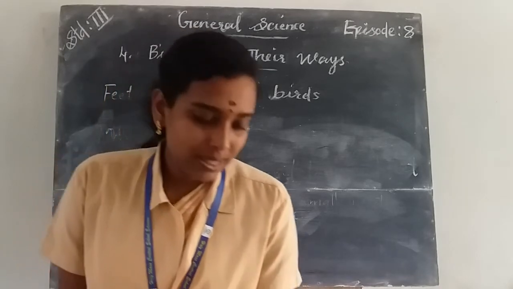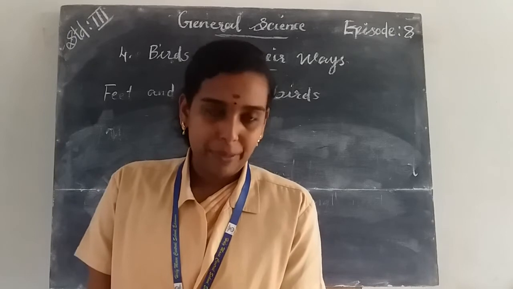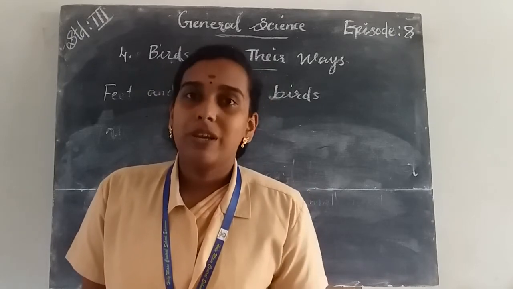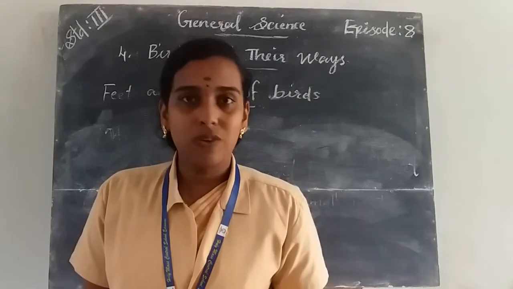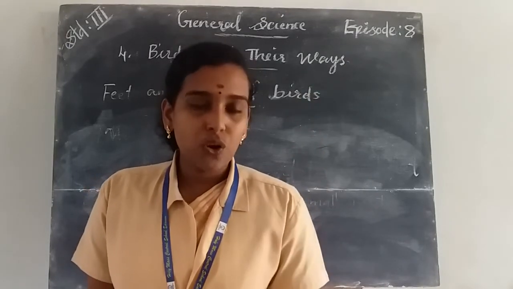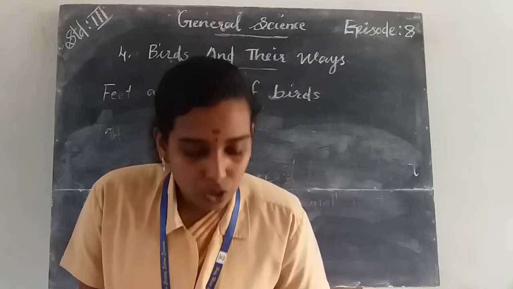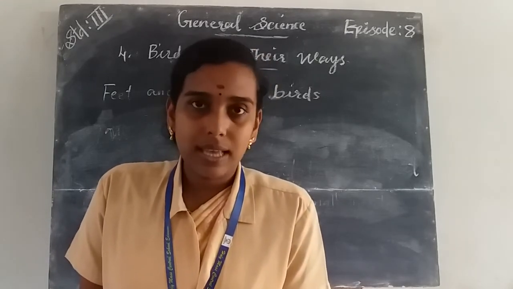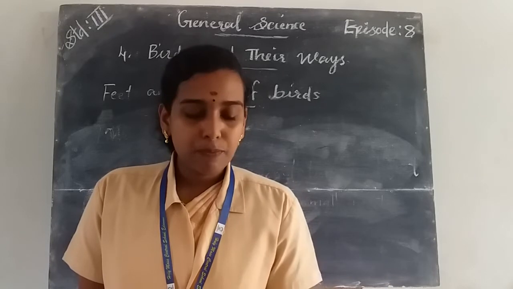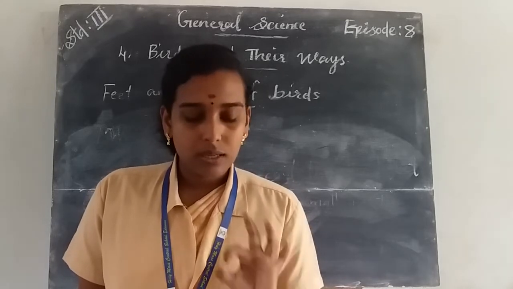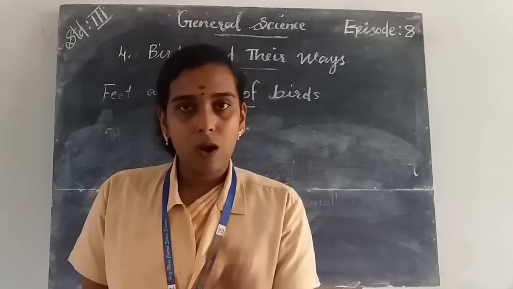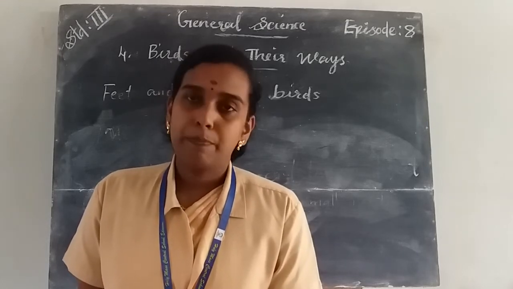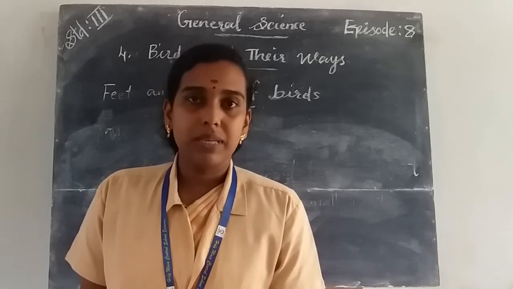Okay. And also we studied about birds and their beaks. Okay. So birds have different types of beaks because they eat different kinds of food. Okay. And first one is short, hard and horny beaks. The short, hard and horny beaks help the birds to crush grains and seeds. Examples of birds having short, hard and horny beaks are sparrow and pigeon.